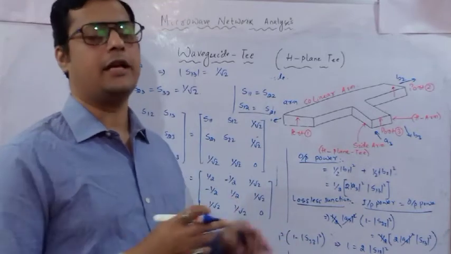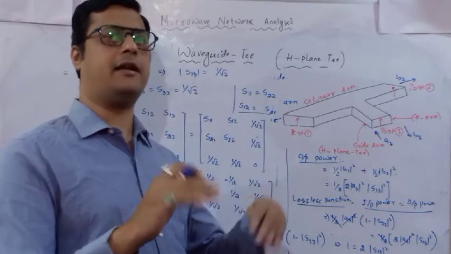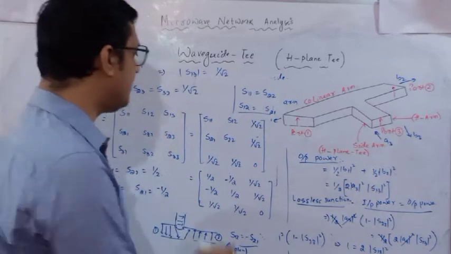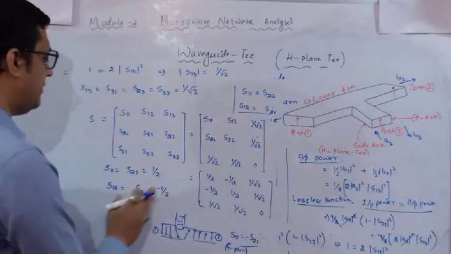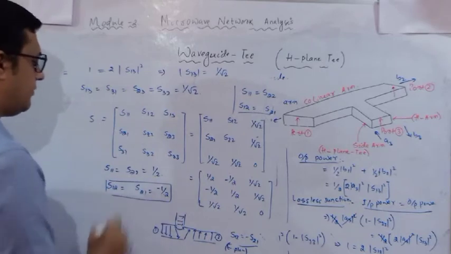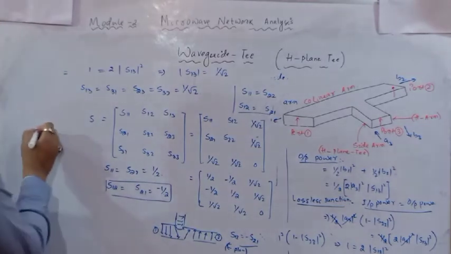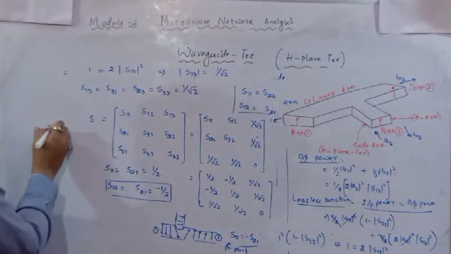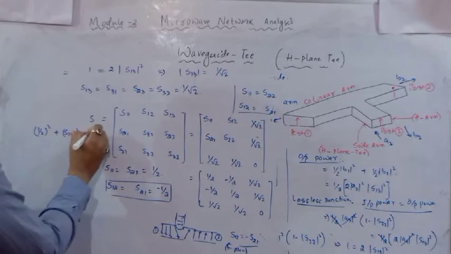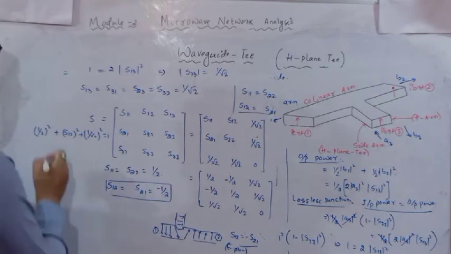As I have told, if the power is provided at port 2 and port 1 with same phase and same magnitude, then the additive value is available at port 3. So I have substituted this value. And regarding this S12 and S21, you can determine by substituting half here. So first row, if I consider, it is half square plus S12 square plus 1 by root 2 square is equal to 1.